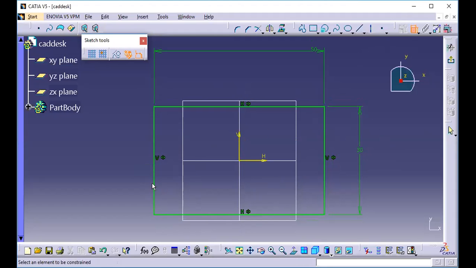Again, if I want to give some dimensions, now see it is showing in purple color. So purple color means it is over constant, which is not required, because as it is a rectangle, if this side is 30, obviously this side will be 30. So no need to give dimension on that. So let's delete it. So now it is in green color. So it is a fully constant sketch. Later we will learn, this is the first day, how to do the sketch. I am just showing you. We will learn how to do the constraints. So this is the basic.